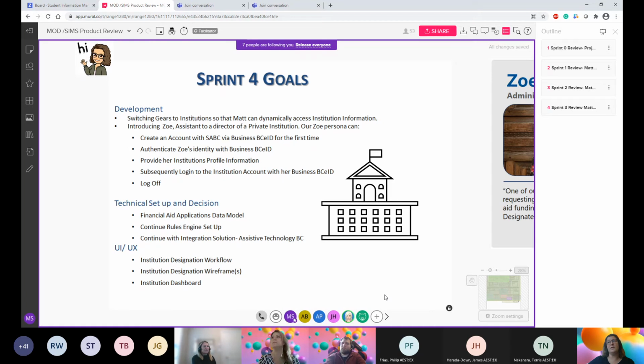And so I know there's some work to be done for the existing users that are currently using a basic BCeID, but we will be migrating them over or supporting them to migrate over to a business BCeID. And new users have a business BCeID and they start to set up their account. And we're hoping by the end of the next 2 weeks, we'll be able to show you the business user signing in, creating an account, adding information to the institution